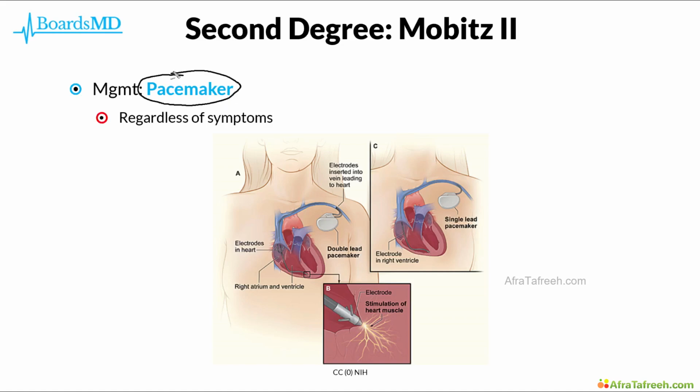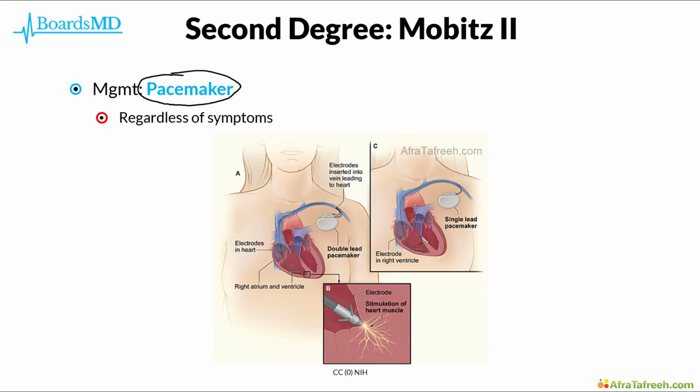This can be achieved via a double lead pacemaker, as pictured here, with leads in both the right atrium and the right ventricle, or we can use a single lead pacemaker with a single lead present in the right ventricle. And therefore this distinction that in Mobitz type 1, generally we are not going to need to perform any intervention, whereas in Mobitz type 2 we are going to need to put in a pacemaker, is an extremely important distinction